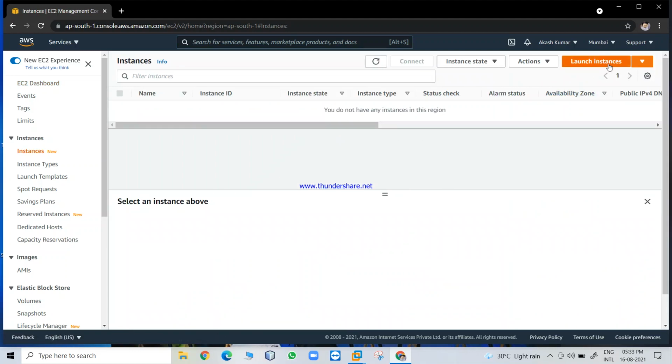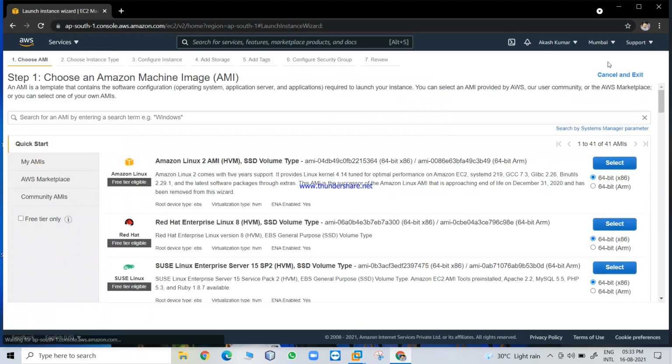Then we have to click on launch instance. Here, at the top right side, you can see launch instance, and there we have to click. Then we have to choose free trial only, and to host a static website we have to choose Amazon Linux 2 AMI, HVM, SSD volume type.